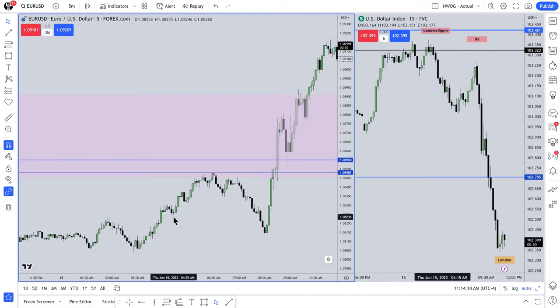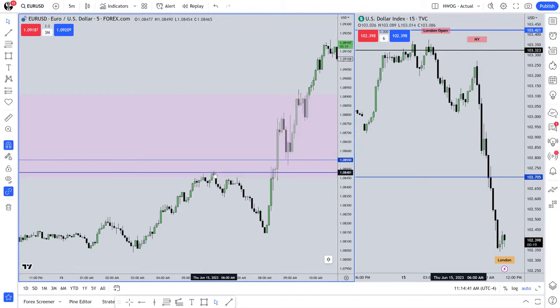But there's your silver bullet for London Open. And it rallies up to what? The low of that fair value gap I told you on the 13th of June. That is what? That is your low-hanging fruit objective. You don't need it to go all the way up to mean threshold, which is half of that shaded area in purple, which is the order block on the daily chart. You don't need it to go there. It can, but you are framing on the basis of getting into that fair value gap.